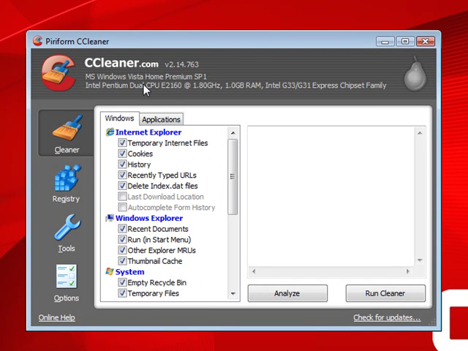Plus it also shows you, for example, what your PC has, since some people don't know what their RAM is, or their graphics card, or their hard drive, or their processor. So it also shows